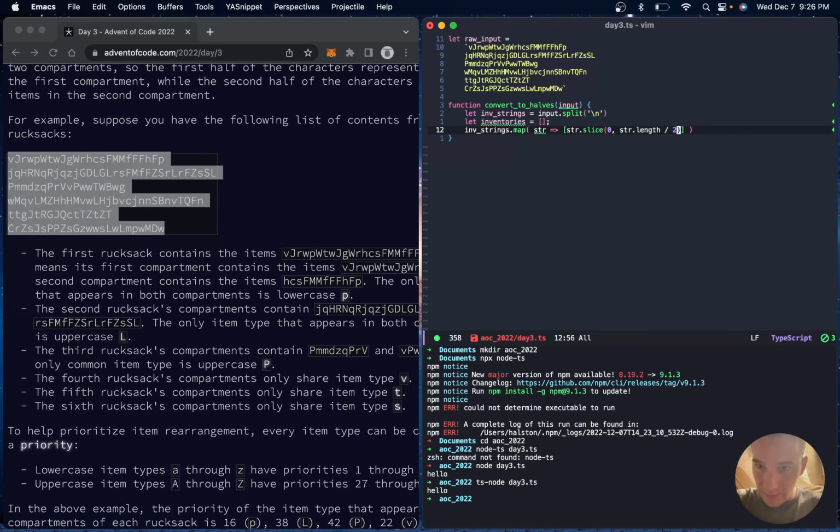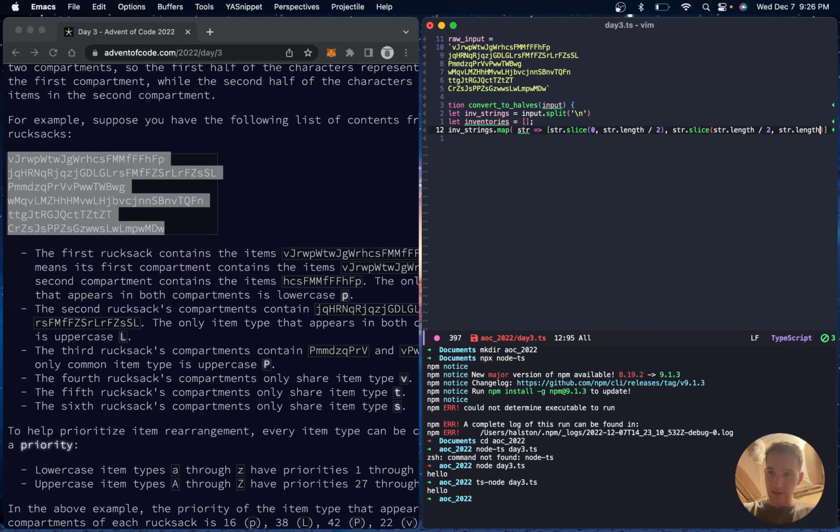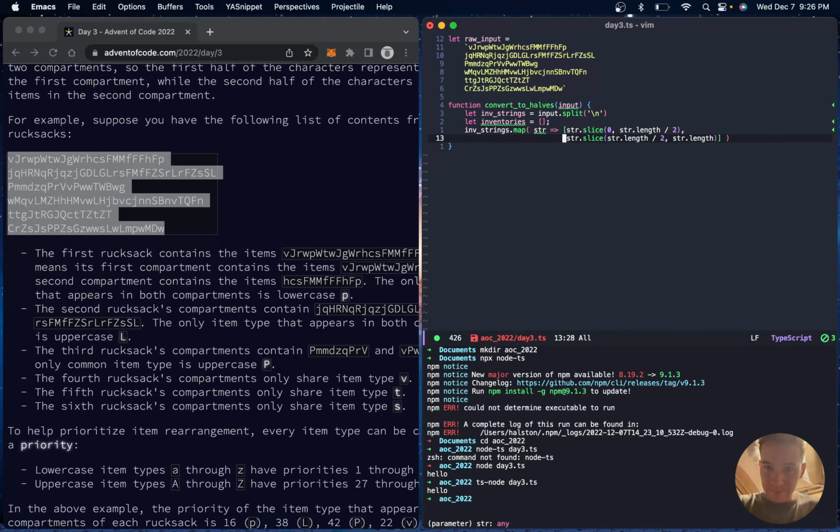We'll see how that works out. And then this one will be str.slice str.length divide by 2 to str.length. And this one will be